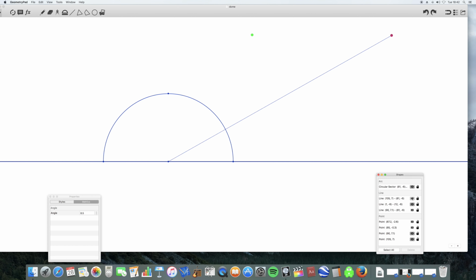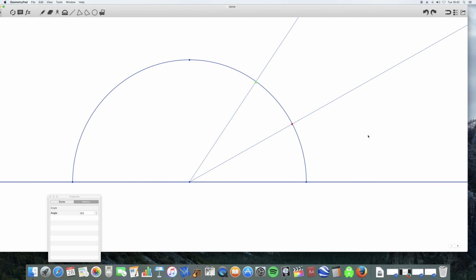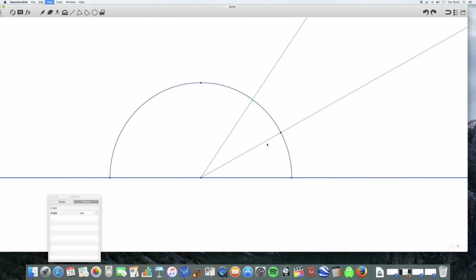Well, all we've got to do is draw straight lines from the lights to the observer and then mark where those points would be. So notice that the red light would appear here on the inside of the glass and the green light would appear here. The red light would appear lower than the green light because its angle of elevation is lower. And that's why things look lower in the sky when they're moving away.